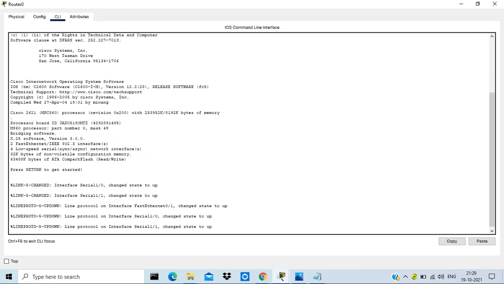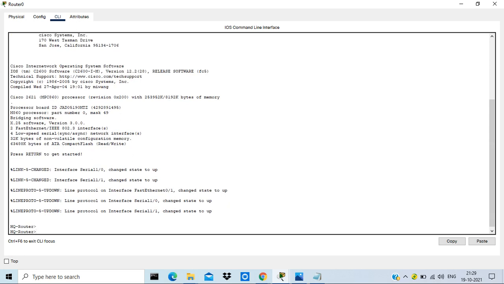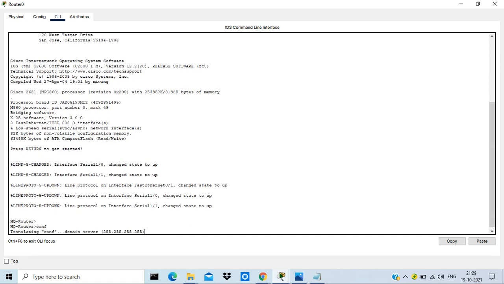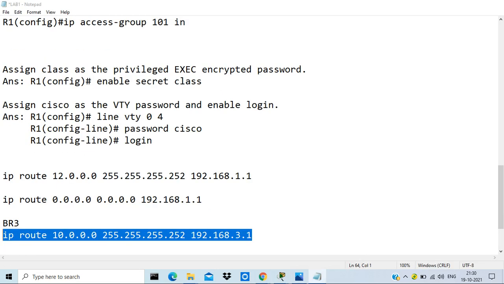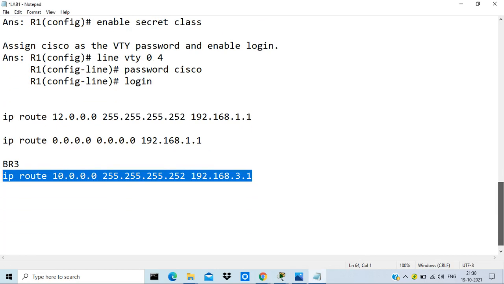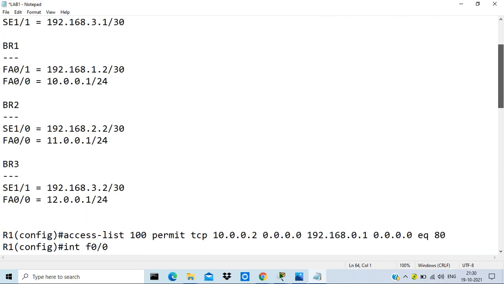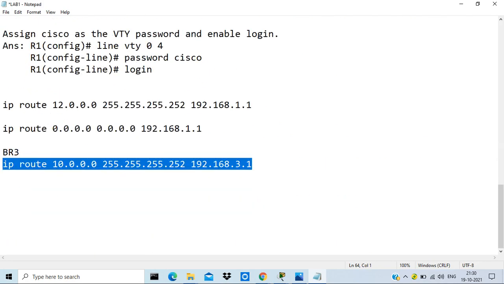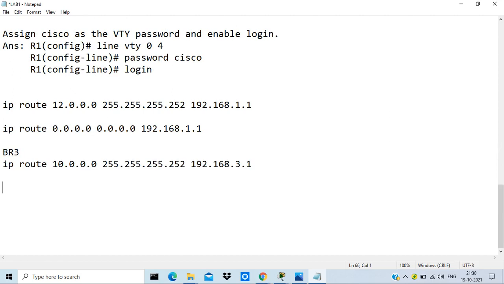So this is actually the one that I have already configured, so I'm just copying it from there. Or for understanding, we can write headquarter router.